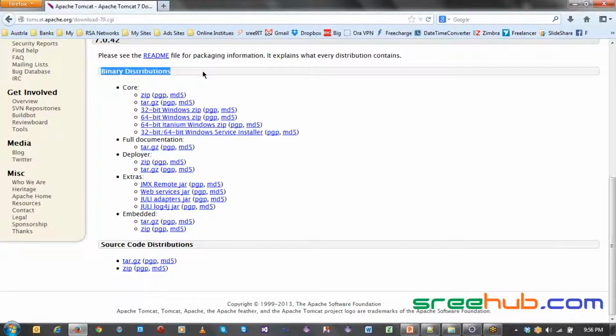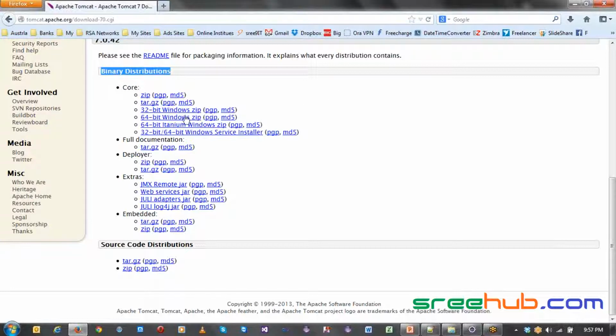Now here there are two different ways you can set up Tomcat. One way is that you can install your Tomcat on your machine, or you can directly download a zip file and use it directly on your machine. Just unzip it, as we have done with our Eclipse or SDK, right? You can directly do that and start using it. That is how we can do it, right?